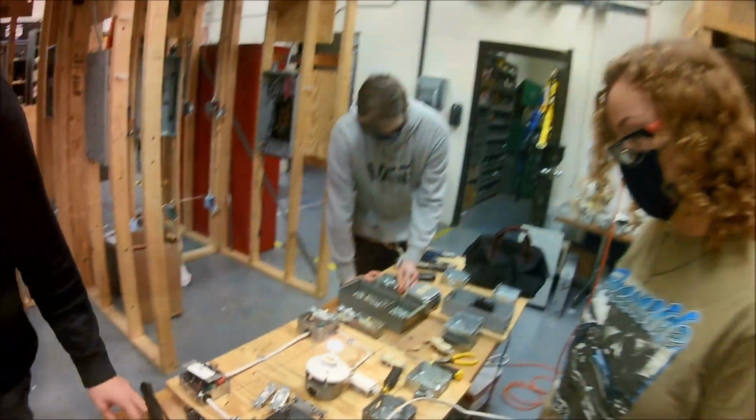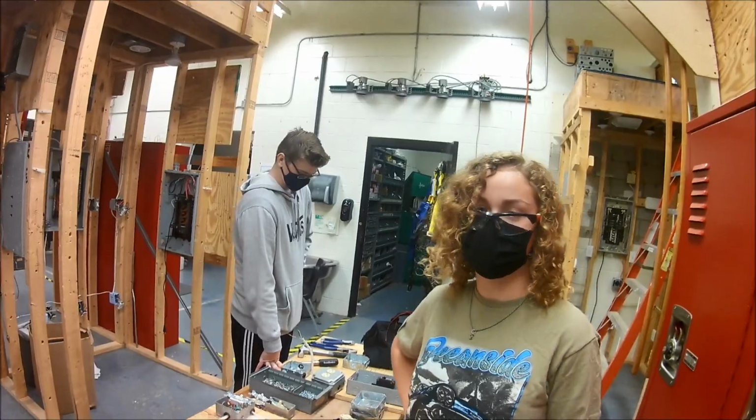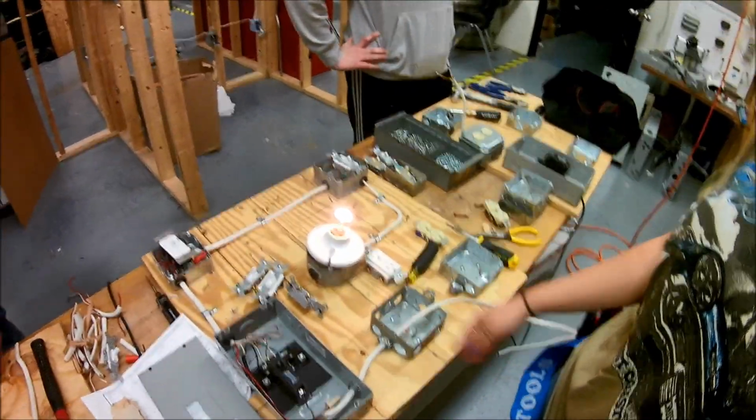Did you have any knowledge coming into the program? Not really, other than family or the trades. So you've done all this as well. Yeah, I've got two 3-way switches, and then I'm putting in two